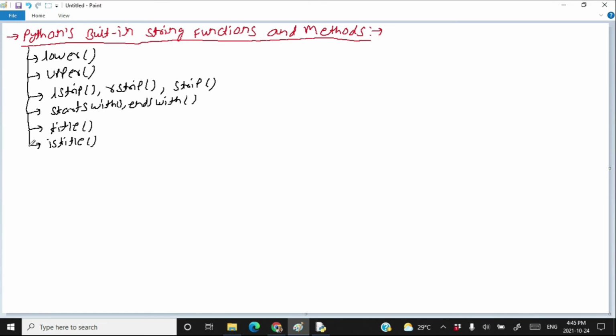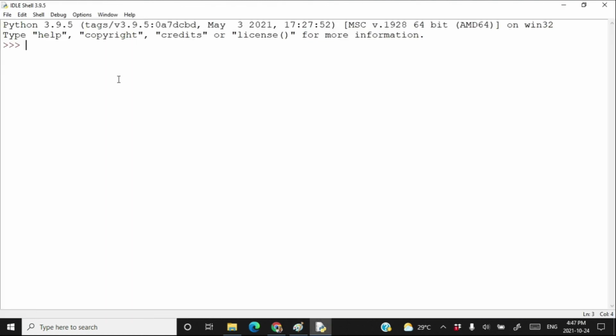If you want to replace a substring of a string with another substring, then you can use the replace method. Let's use the replace method practically. Suppose that I have a string s is equal to abracadabra, abra, cadabra, abracadabra, and then you write s dot replace.